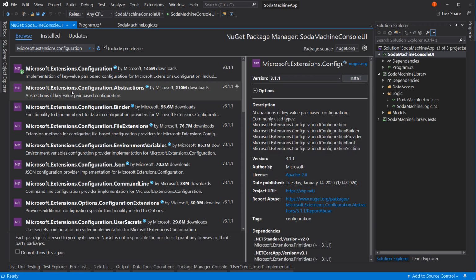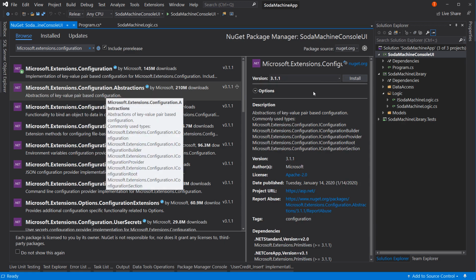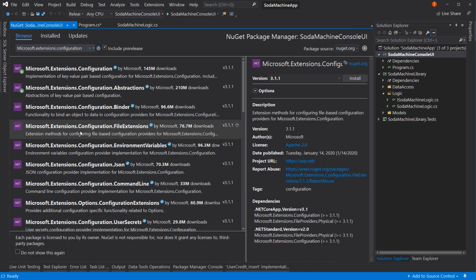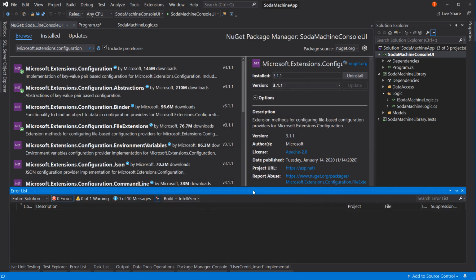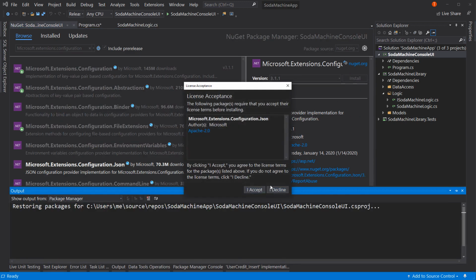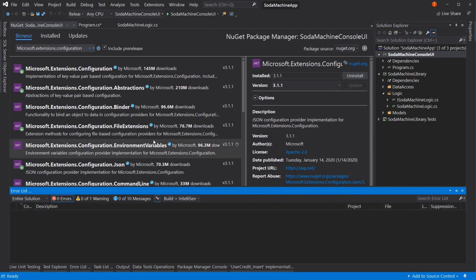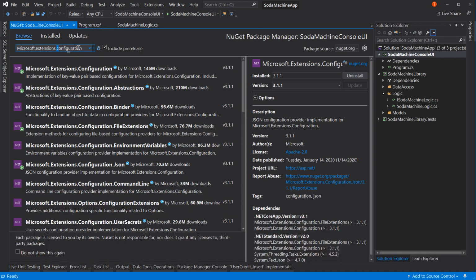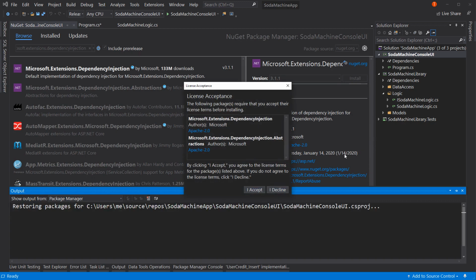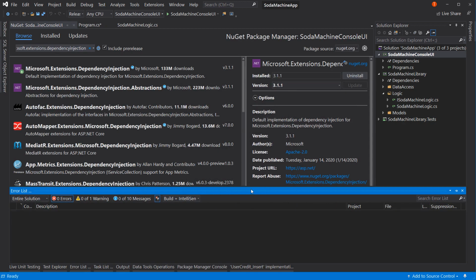The next is Microsoft.Extensions.Configuration.Abstractions. Install that. And then we want Microsoft.Extensions.Configuration.FileExtensions, and also Microsoft.Extensions.Configuration.Json. And finally, we want to change this to extensions dependency injection and install Microsoft.Extensions.DependencyInjection. Now, I often hear people give me a little bit of pushback here and say, man,